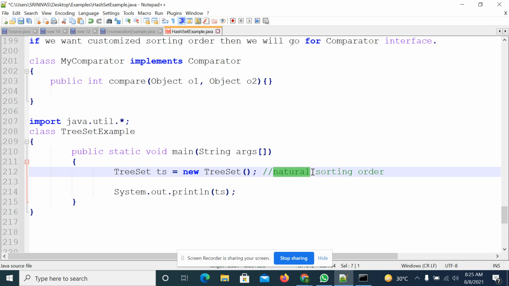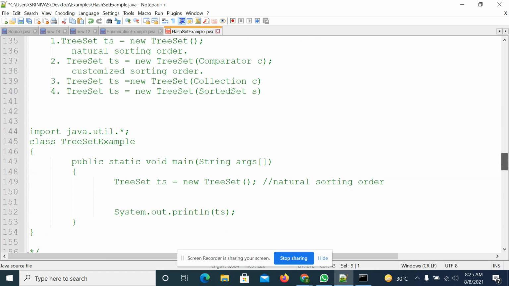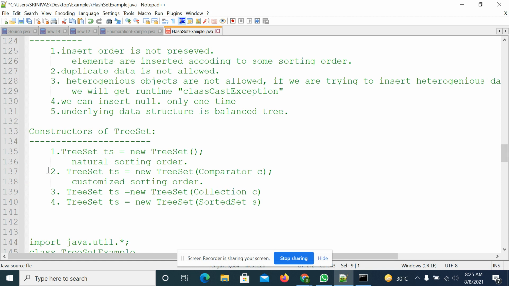Now I want a customized sorting order, not the natural sorting order. If I want a customized sorting order, I am not supposed to create the object in this way. I need to create the object in the second way, passing a comparator object here. For that, I first need to create a comparator class by implementing the Comparator interface.